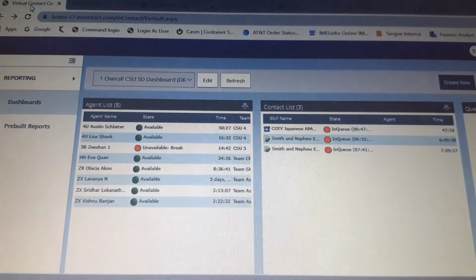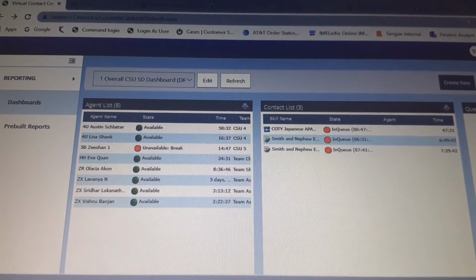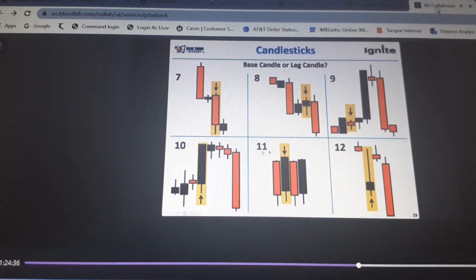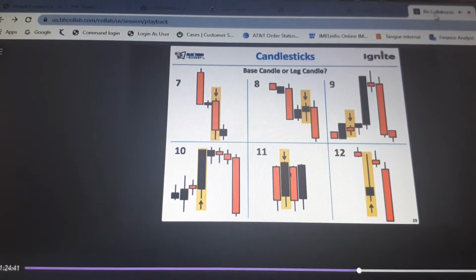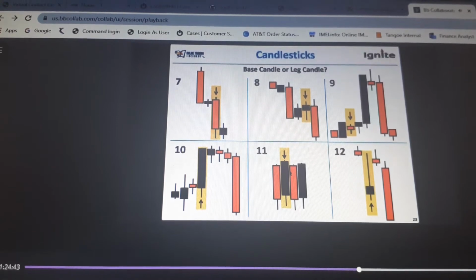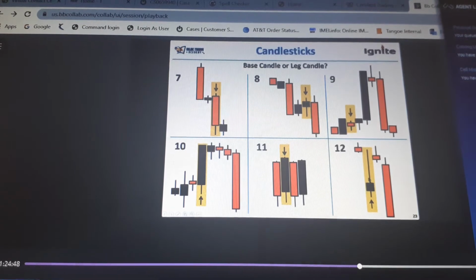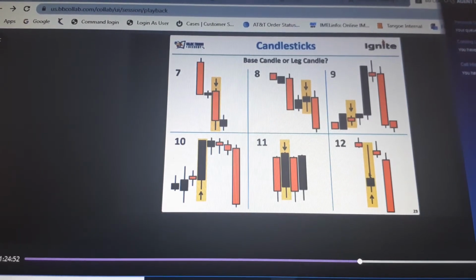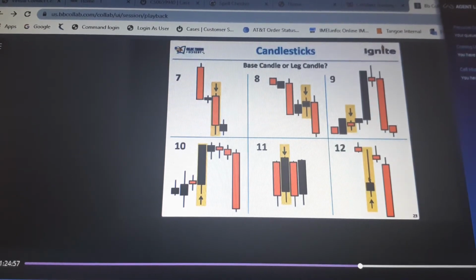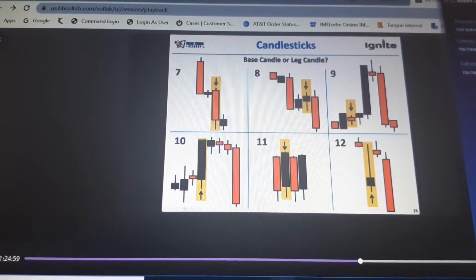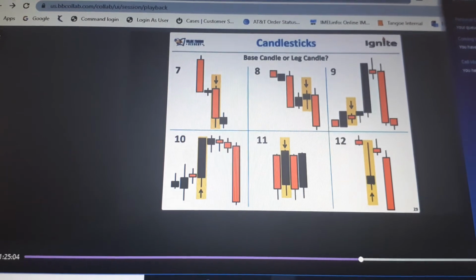There is no base here in this. This is a leg candle. Note that all four candles in the 11th picture are leg candles, but there is no formation of demand and supply because we don't have bases. Okay, 12th one. Is this your base candle or your leg candle? That's your base candle, right? Why? Because body is greater than 50% of the range, right?